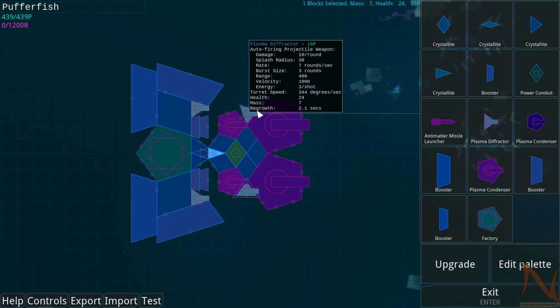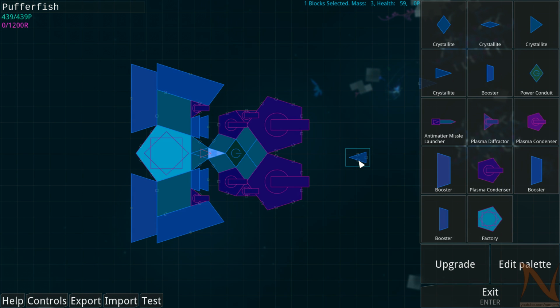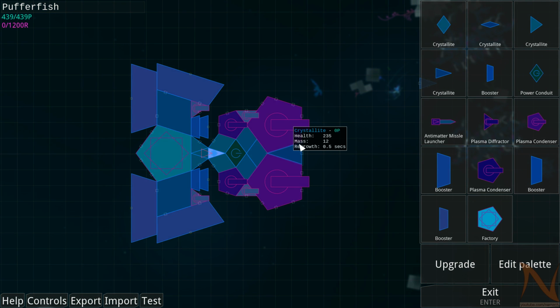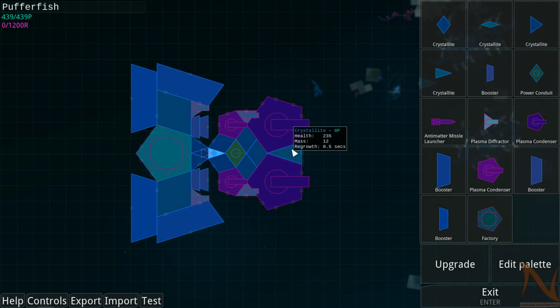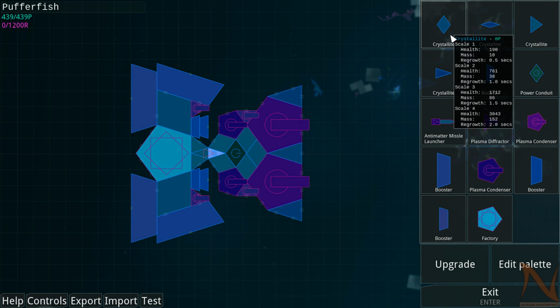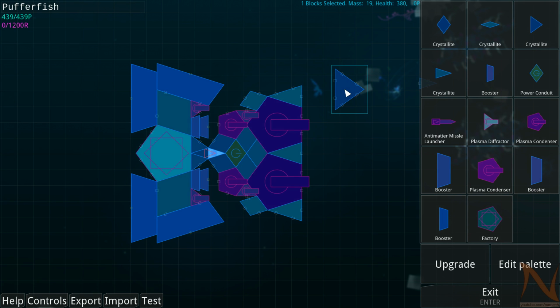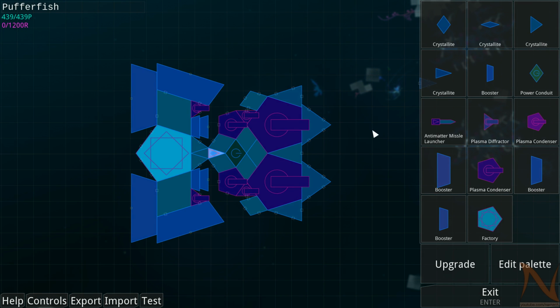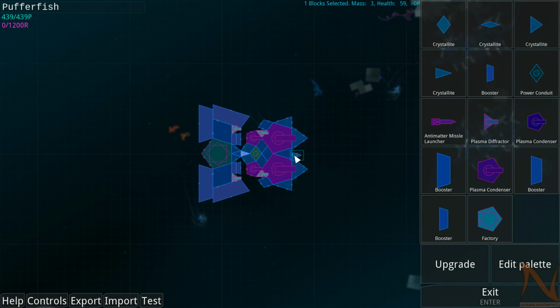Can we fit them in? Yeah, we can. Angles everywhere. Sweet. So how much health do these things have? 1300. That's quite a bit. So let's see, can we put something nice and shiny on the front? Yep. Okay. So let's put that one up there. Okay. So this is